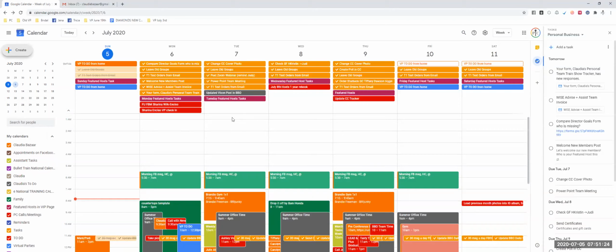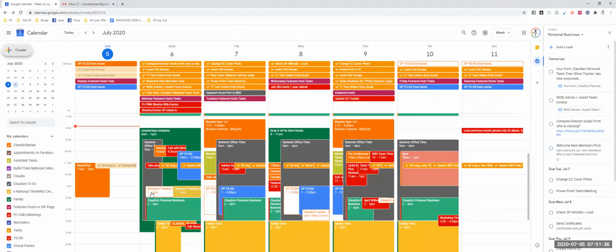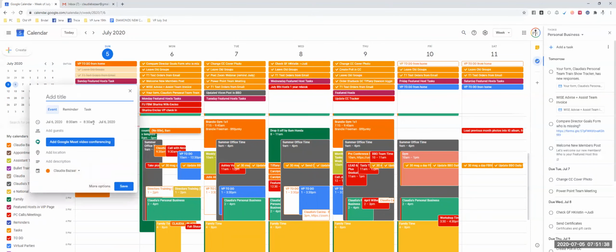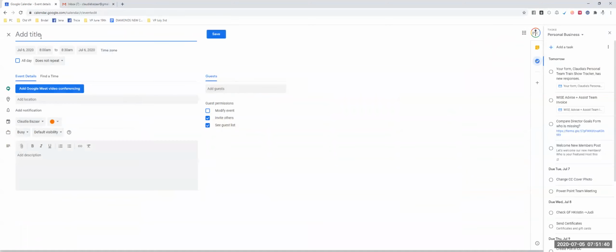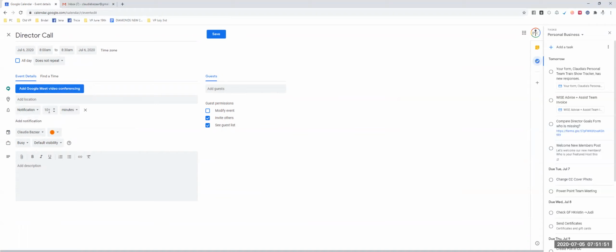And besides these tasks like host coaching, I also have alarms on my phone that remind me of certain things, because I will forget to send my host coaching if I don't have an alarm. And that's the other cool thing when you set up events. So let's say you go and create an event that tomorrow there's a director call, right? So there's a director call, and you know it's tomorrow, or actually you know it's monthly on the first Monday, or whatever the day is. You can fill all that out, and you can click notification, so you can have it ding 10 minutes before,